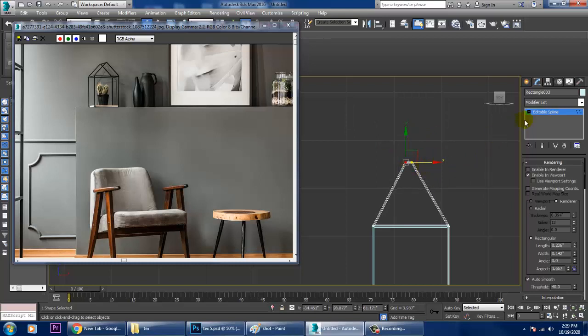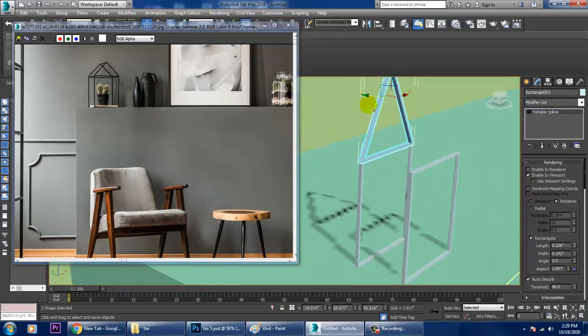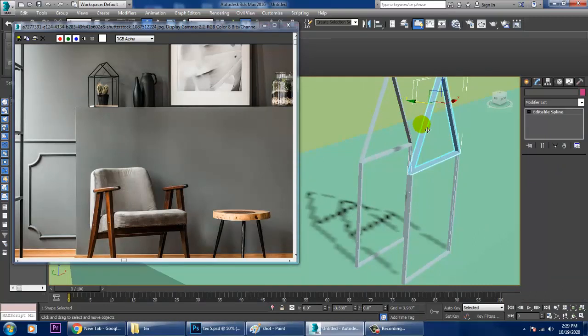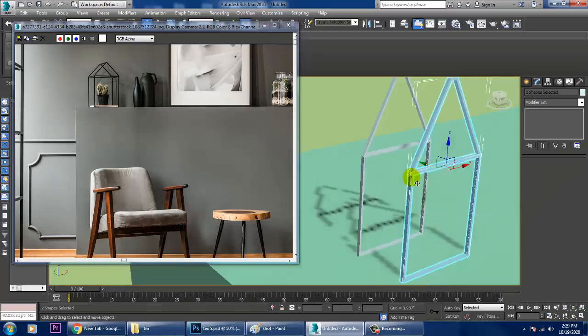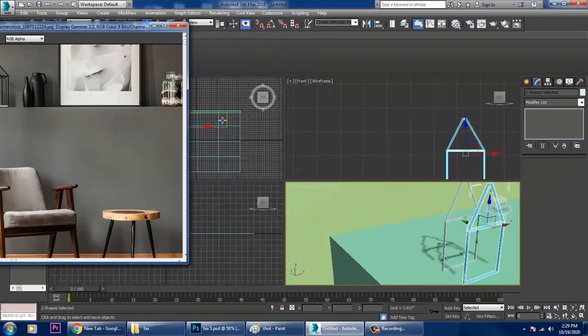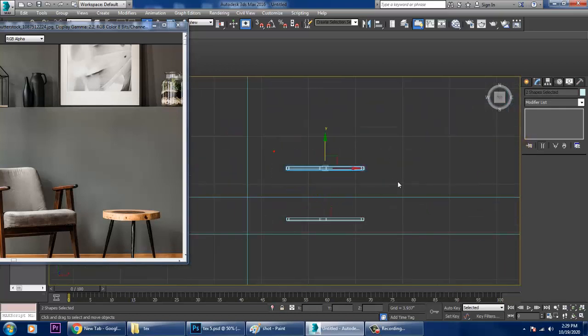See, there are many ways you can achieve this. If you can find a better way to achieve it, that's well and good. This is how I am creating it. Let's again go into the top view over here. Just push this out over here.